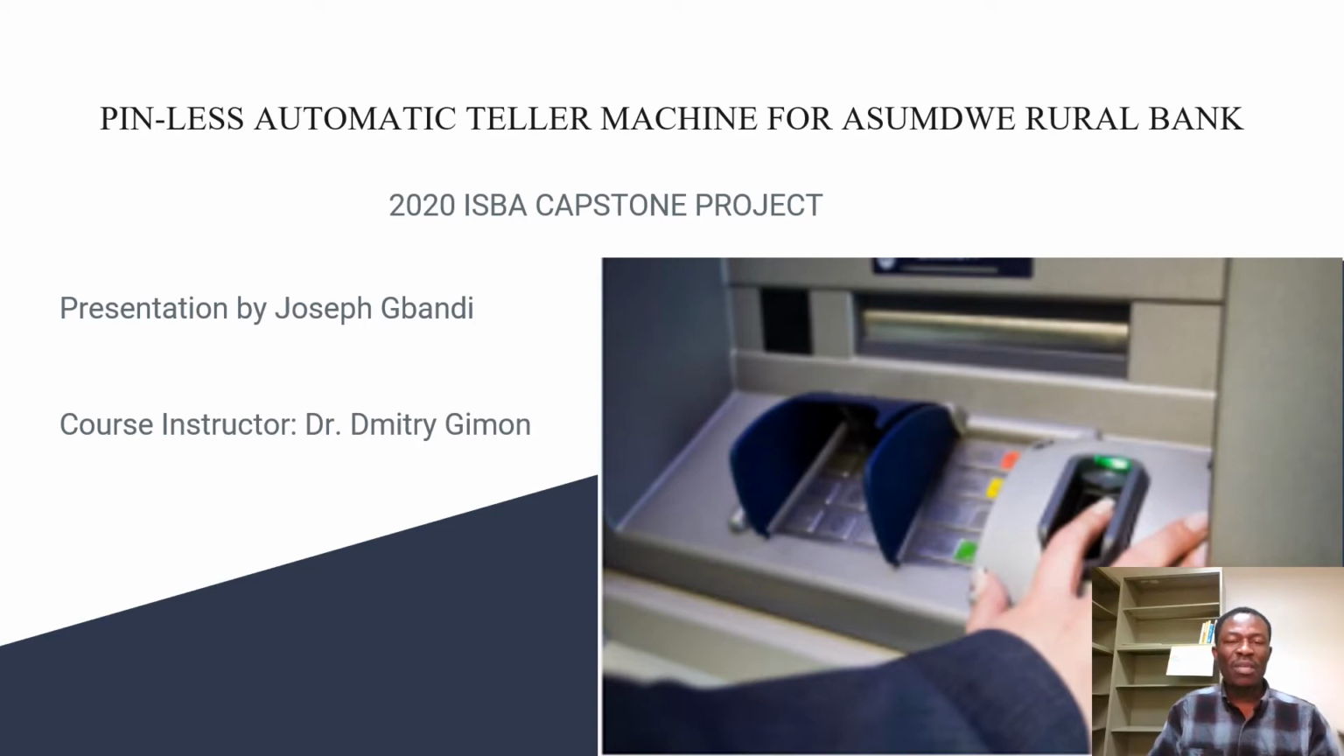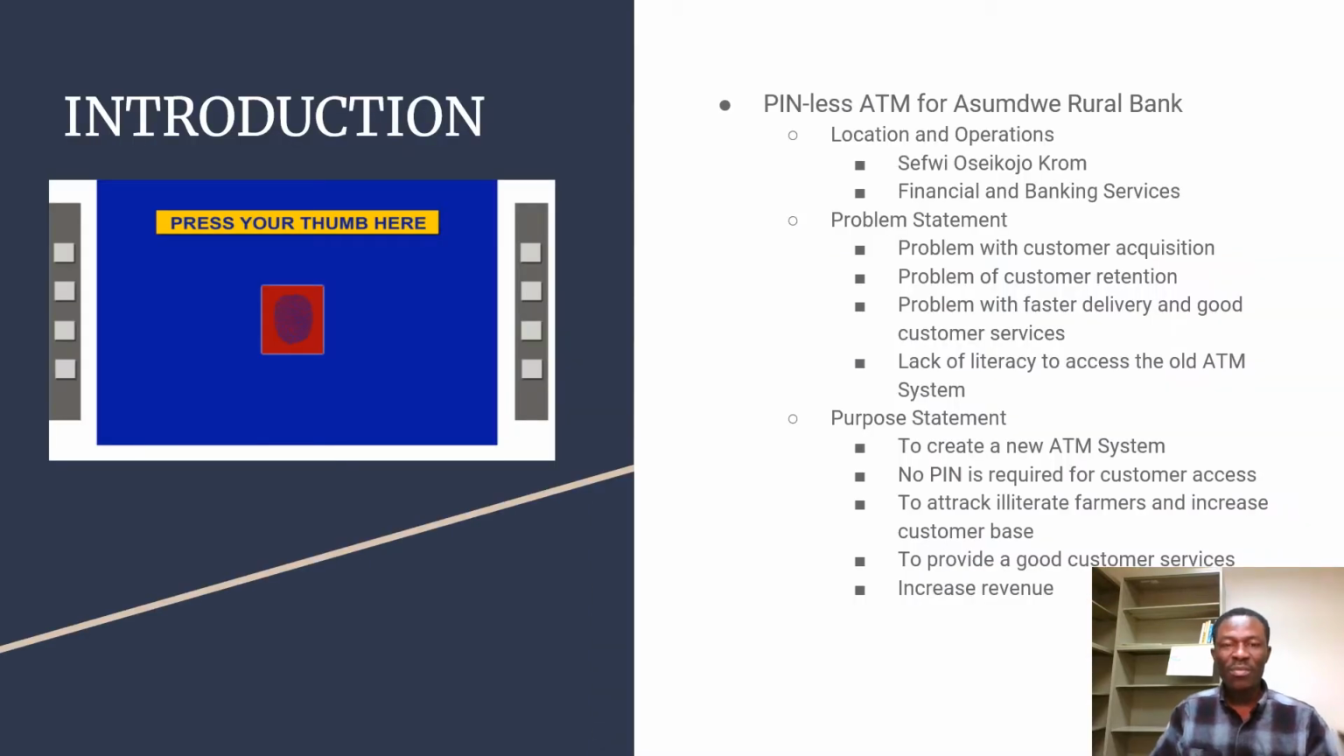In this presentation, I'm going to talk about my Capstone project. In this ISBA course, I am designing a pinless automatic teller machine, that's an ATM machine, for Asumdue Rural Bank. Asumdue Rural Bank is a bank located at Sefi Ose Kujokrom, western part of Ghana, and it does financial and